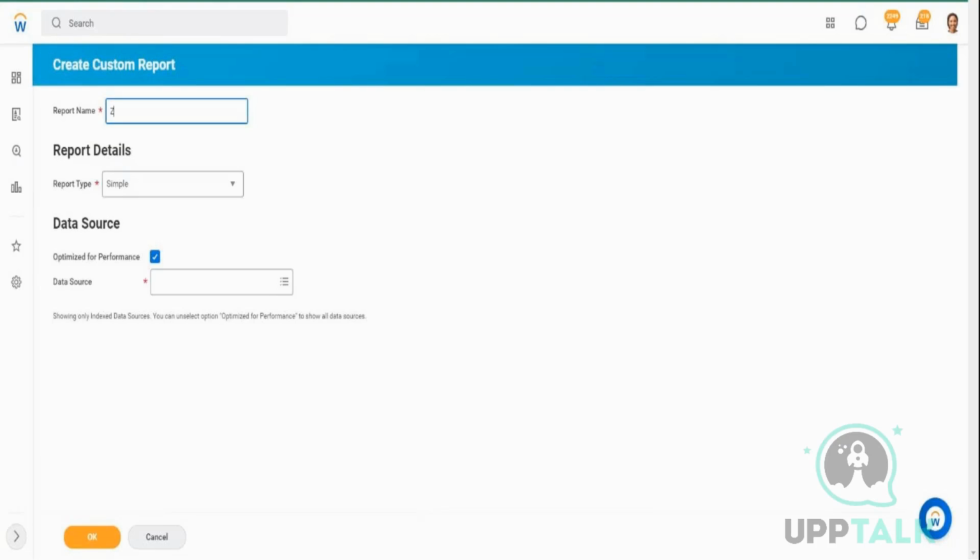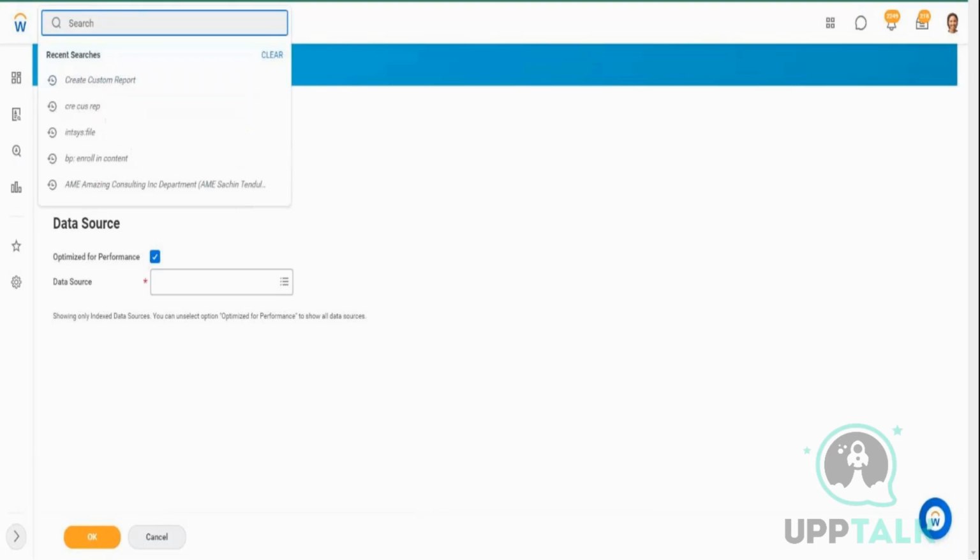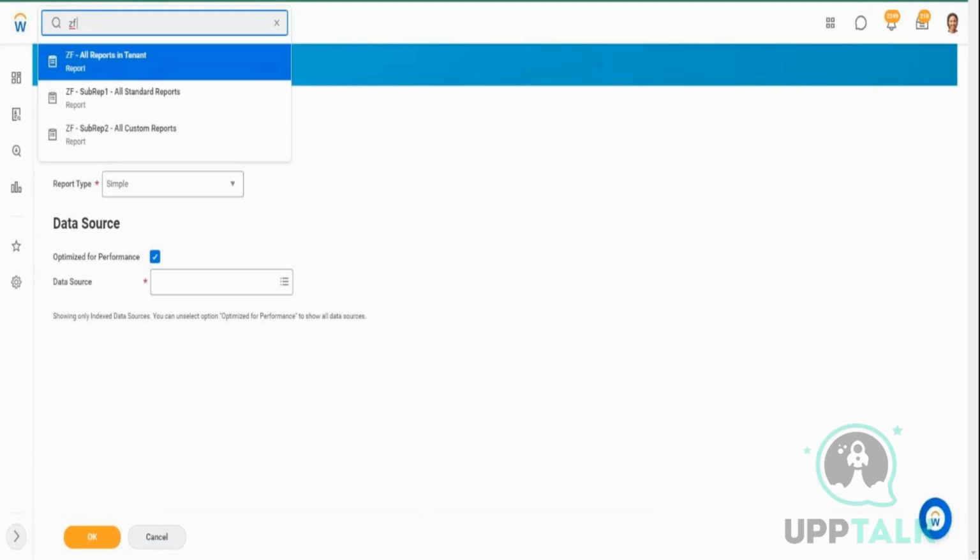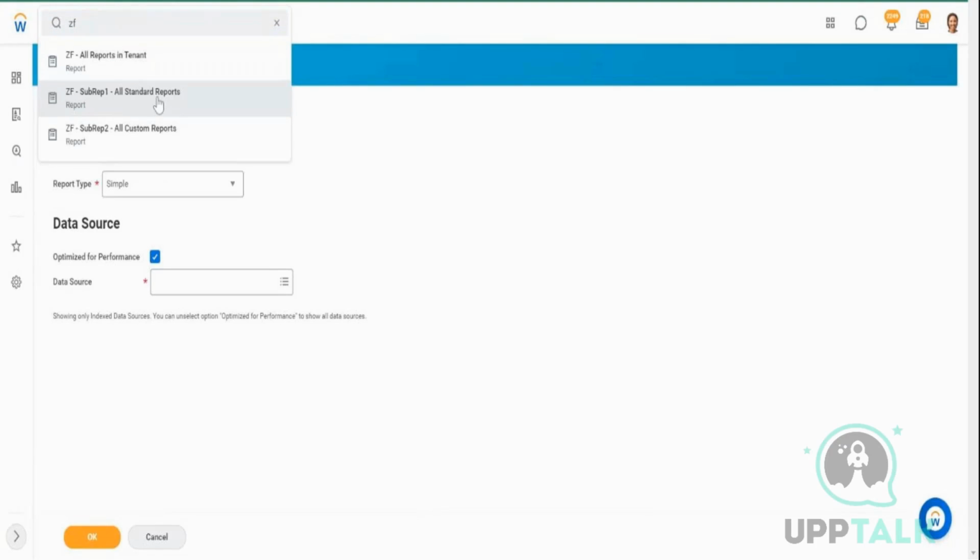Okay, so what I'll do is, ZF, this is sub report 1, and I think I have this created already. Yeah, so what I've done is I have created two reports. One is this one, sub report 1, right? Yes. Okay, and this basically gives me a list of all the standard reports available in the tenant along with the total. If I go to the report definition real quick,